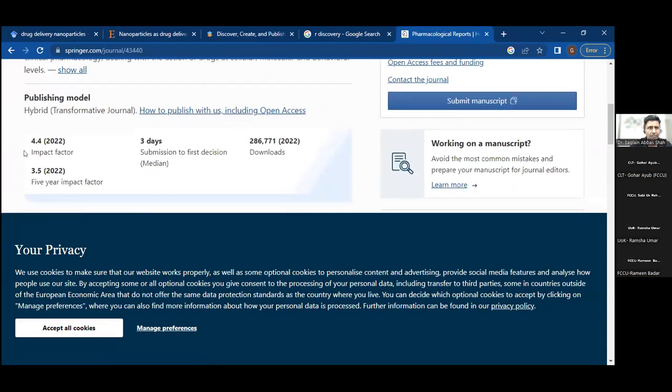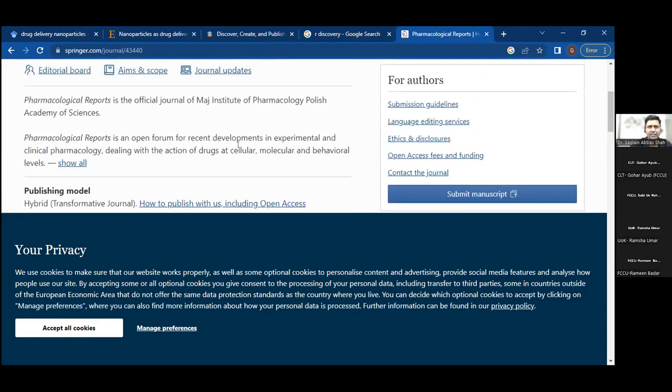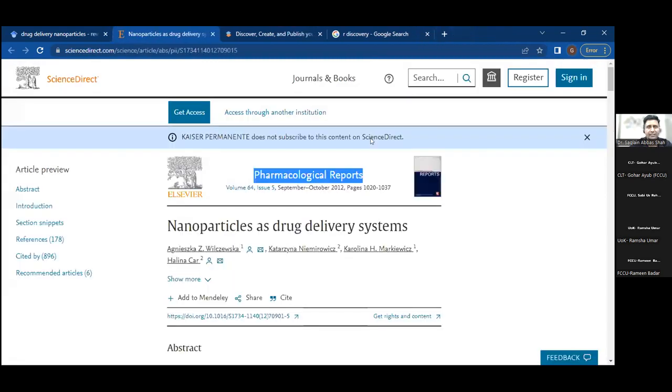Yeah, here is the impact factor. Its impact factor is 4.4. So it is a respectable impact factor. You can go with this article and you can read it. Similarly, whether it's an Elsevier journal or RSC journal or ACS journal,